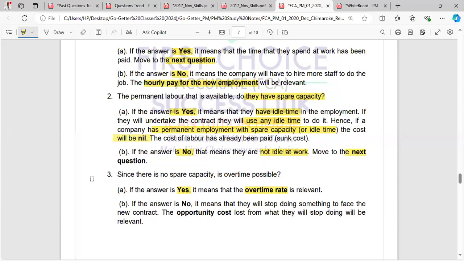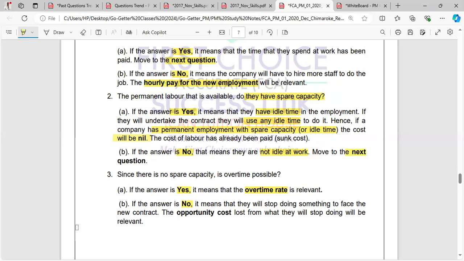Now, what if overtime is not possible? That you have tried every means, come on Saturday and Sunday, it's not possible. Please stay a bit early, come a bit early and stay a bit late. It's not possible. Then you must take drastic action. You must stop doing something to do another thing. So it means that that work you are doing, can you stop it for a moment? Okay, let's say you are doing bread,